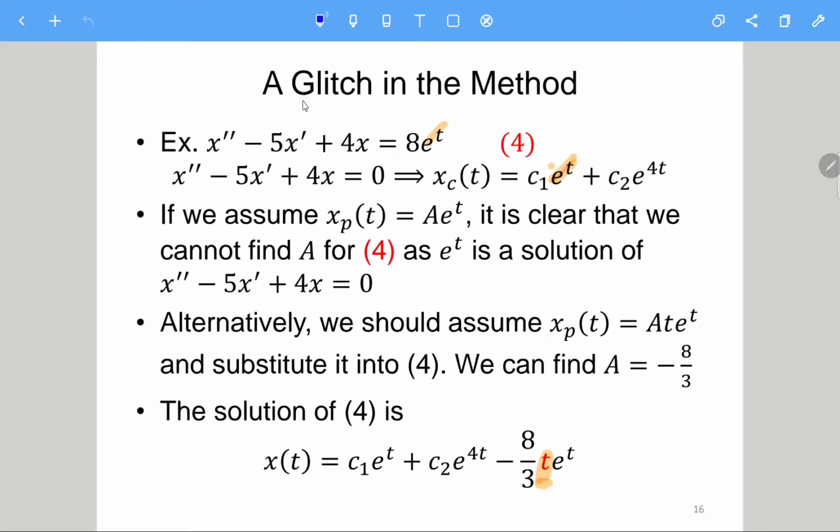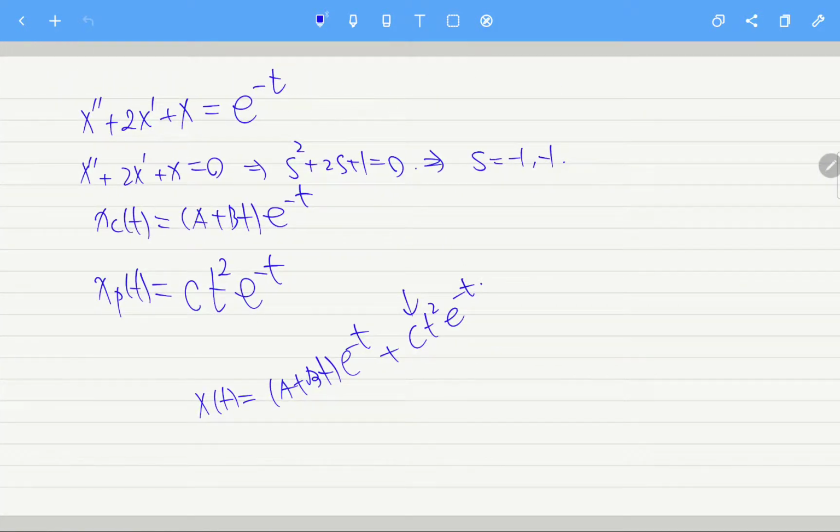So this is a small glitch. It may exist for other cases. For example, if we have something like x double prime plus 2x prime plus 2x equals exponential to minus t